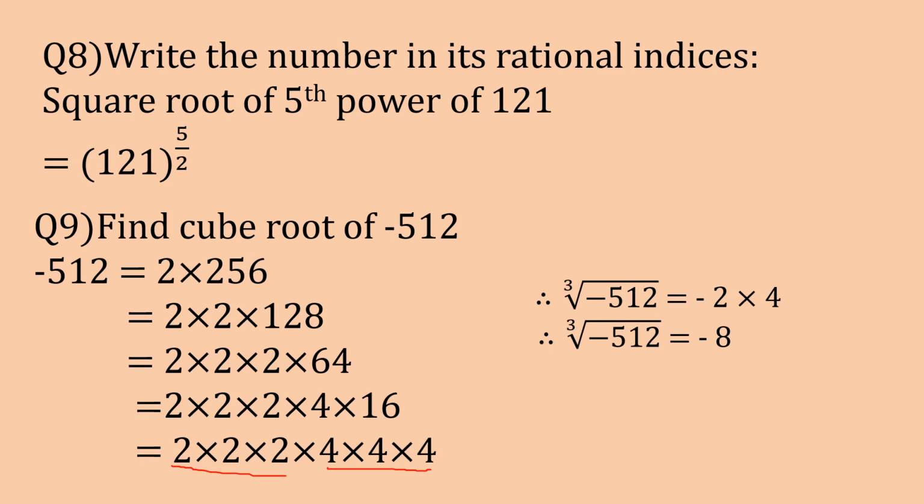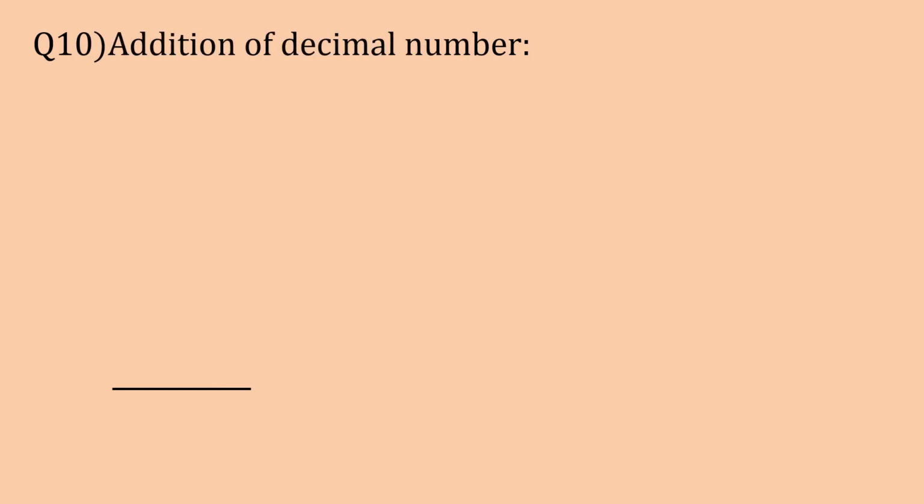Okay. Now moving to the last question, that is question number 10. Students, in question number 10, I've taken addition of decimal numbers. Many times many students make mistakes here. Just see how to add decimal numbers. The question is 23.125. After the decimal you cannot read 125 together, you have to read it separately. Before the decimal point, towards the left, you can read 23 together. So 23 point, and after the decimal you read single digits, 1 2 5.